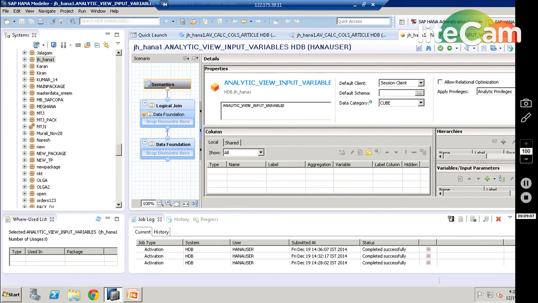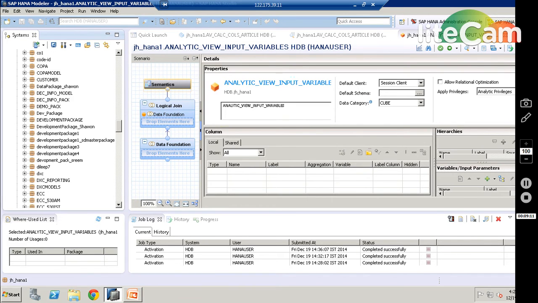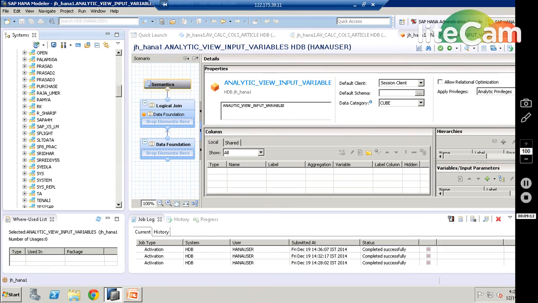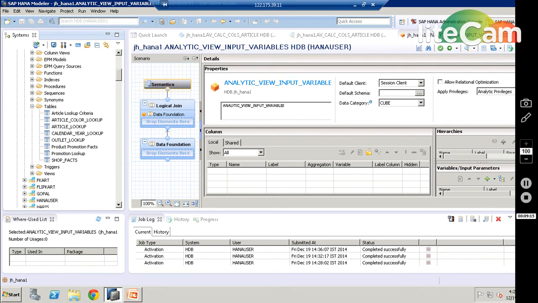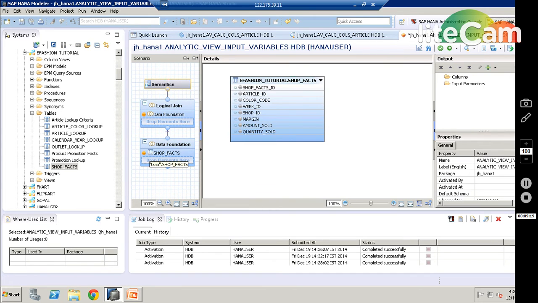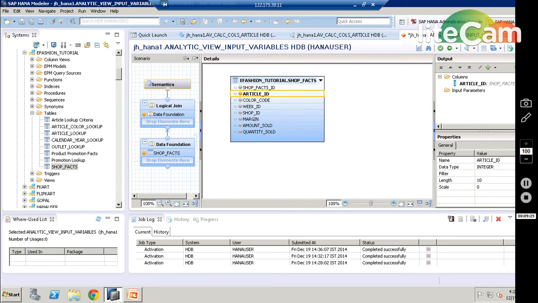What I need to do, I have a catalog and I have a schema. I need to bring my fact table into my data foundation. So now, as usual, I have to select my columns for the output. I'm selecting article ID, shop ID, amount sold and quantity sold.